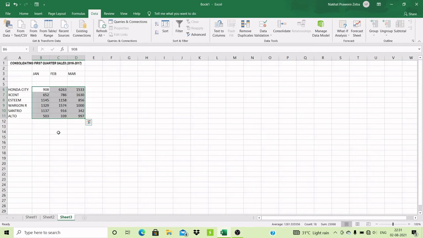You have to just click the Add button and the cell reference will be automatically added in the All references text box. Okay, and then again if you want to add some other data, you have to click on the reference text box again, and like you want to add from sheet 2, so you will select from here. After clicking you have to again click on the Add button, and if you feel that you have done, then you have to click on the OK button in the Consolidate dialog box like this one.